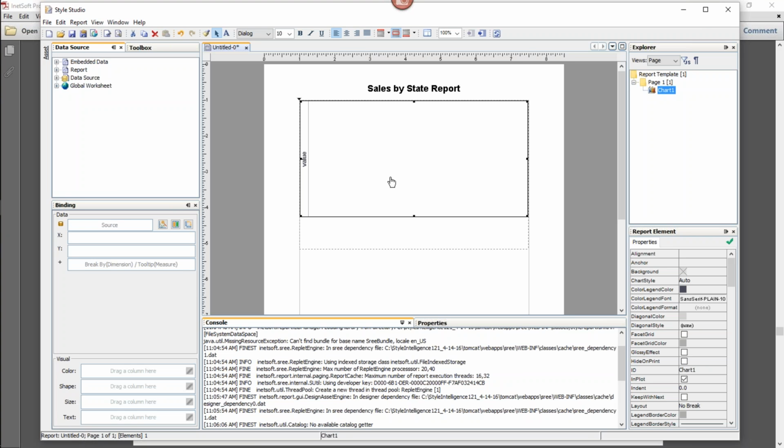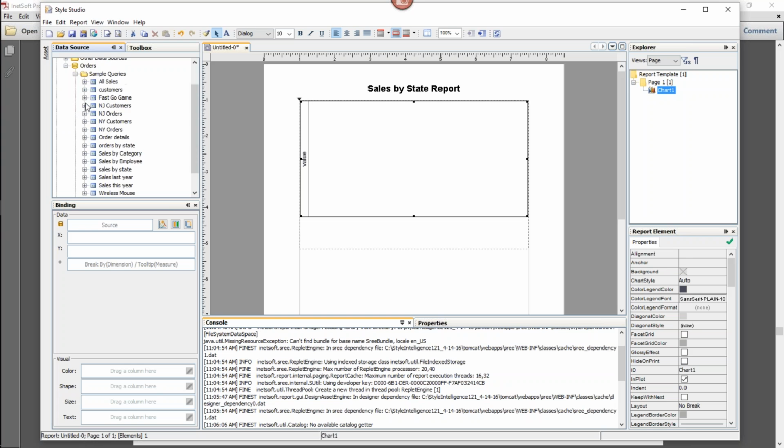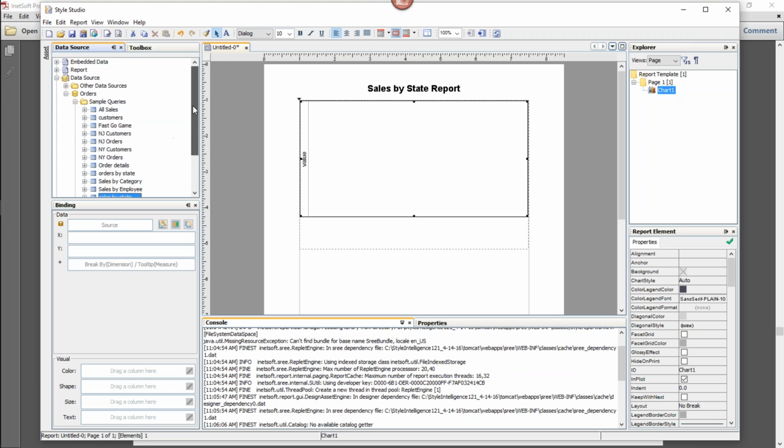So for this chart, we can select the data source that's called the sales by state query. So I'm going to look for that in sample queries. There's a query here called sales by state. All right, so there it is. And I can base this chart on the sales by state query. And then if I were to add another chart or another table down the road, I could base any of those other components on different data sources, right? I could base it on a data model or some other query. So that's an important distinction between reports and dashboards that's worthwhile to keep in mind.